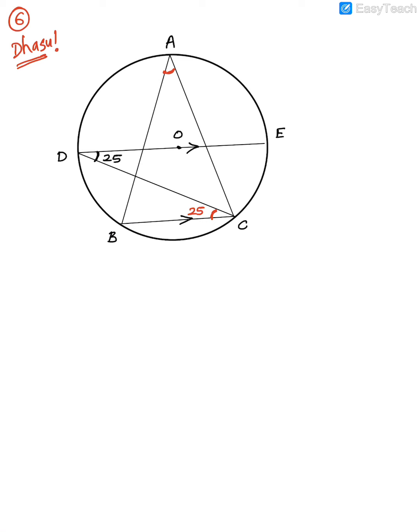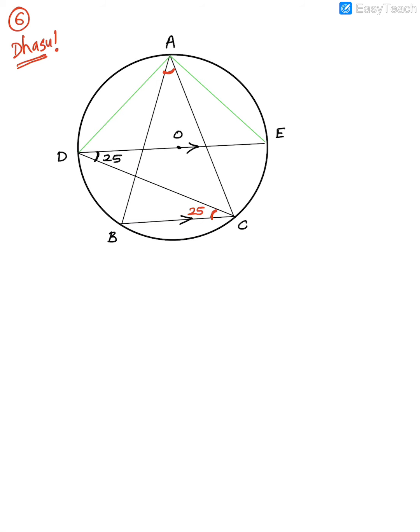Now we'll have to make some construction here. So the first construction we'll make here. I'm making all these constructions with a green color. So I'll join from D to A and also join from A to E. So as I said, guys, it's a little difficult problem. You'll have to really think about it to do this problem.